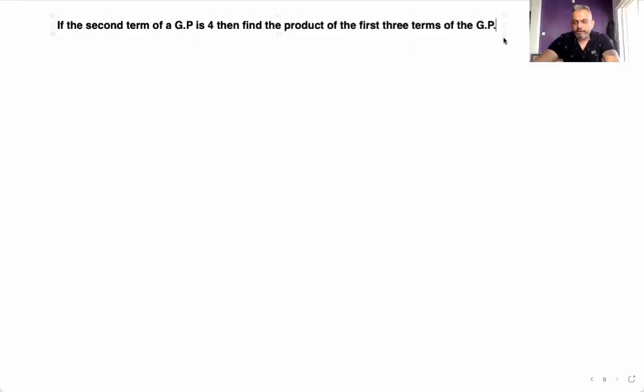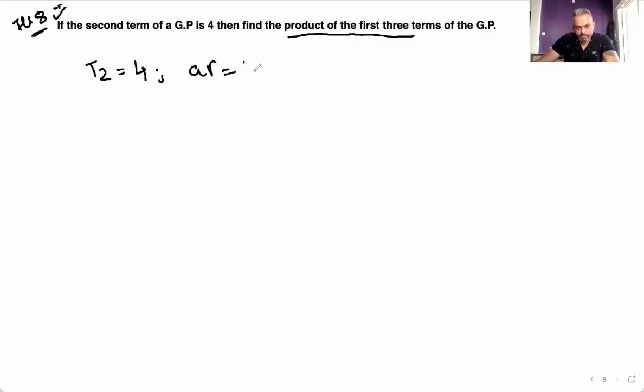If the second term of GP is 4, then find the product of first three terms of GP. Mark it important. Second term, so T2 is equal to 4, or we can say A into R is equal to 4. We have to find the product of first